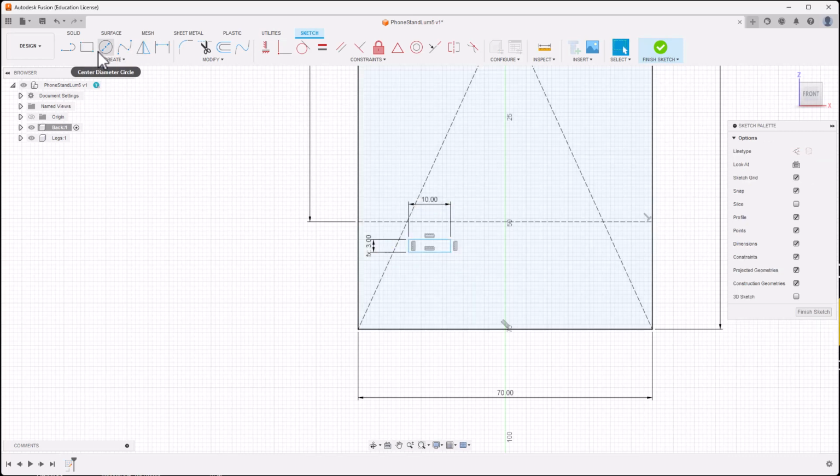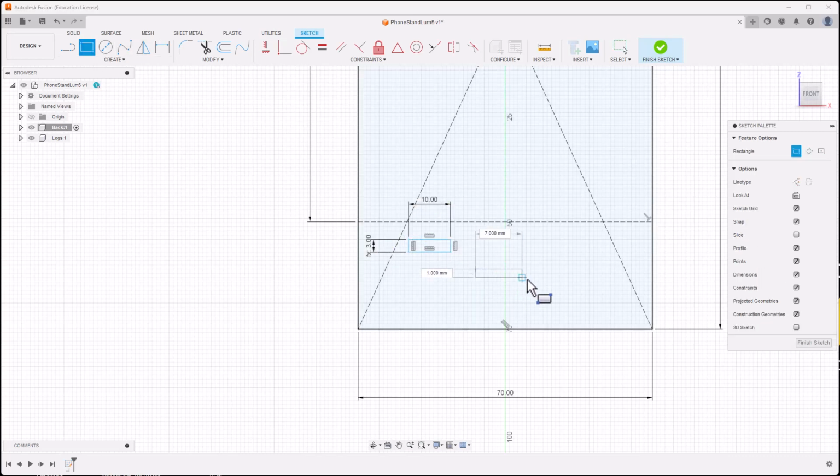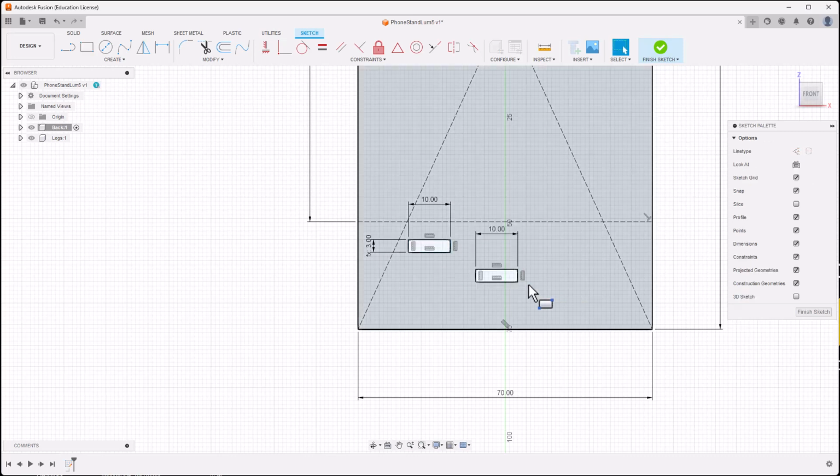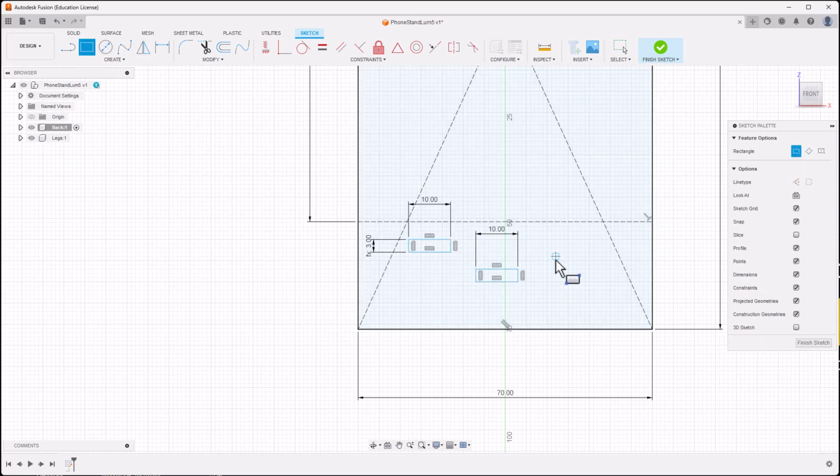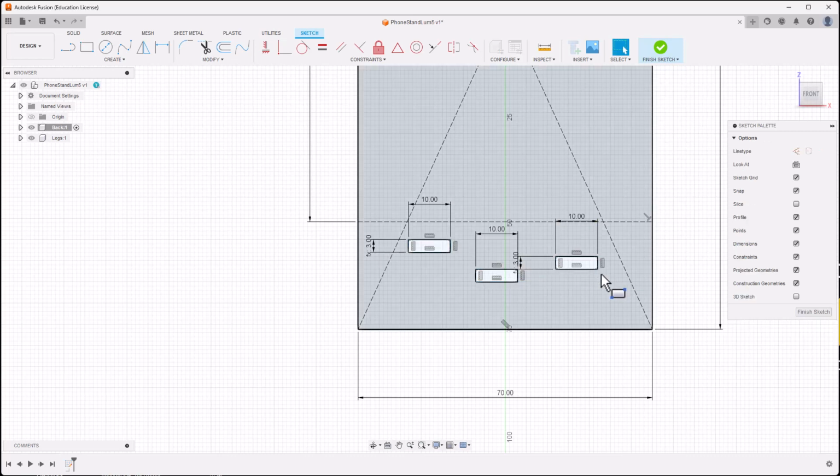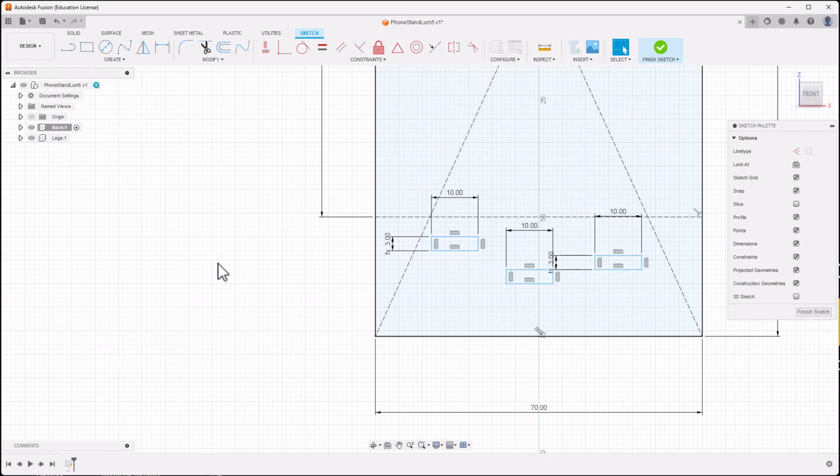And I'm going to do 2 more rectangles just like that. T for thickness, and then 10 for the length. 1 more. I'm going to hit tab so you can see 10, and then T for thickness, hit enter, and then enter again. All right, next thing is I need to align these rectangles, and that's where, let me hit escape,